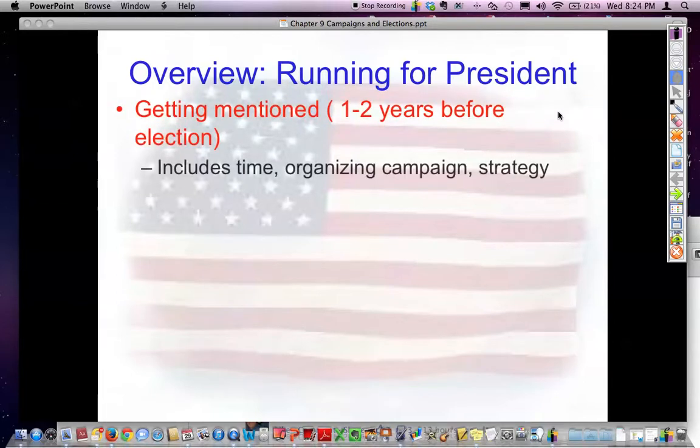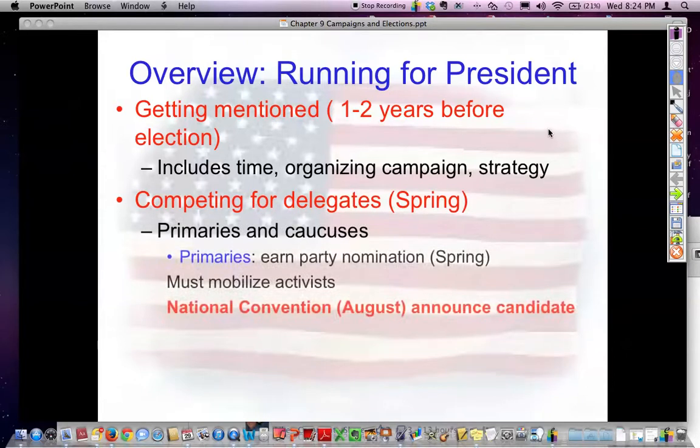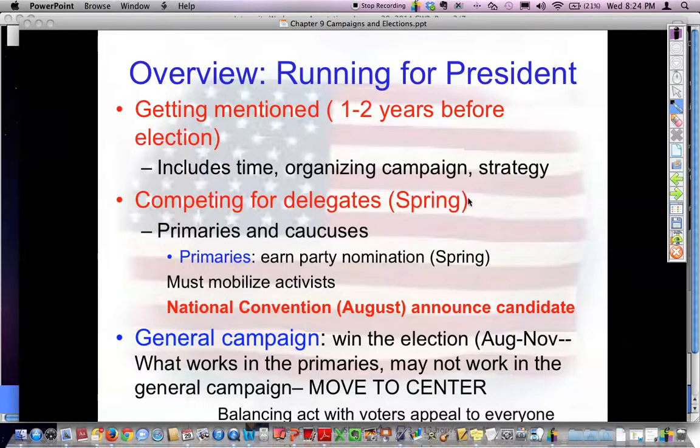About a year or two before you want to run for president, you need to get mentioned, and this is including anything from organizing your campaign to forming a presidential committee to see if you have what it takes to run for office, and especially the support. So that happens, really we're in that stage right now for the 2016 presidential race. In the spring, before you're elected, what's going to happen between